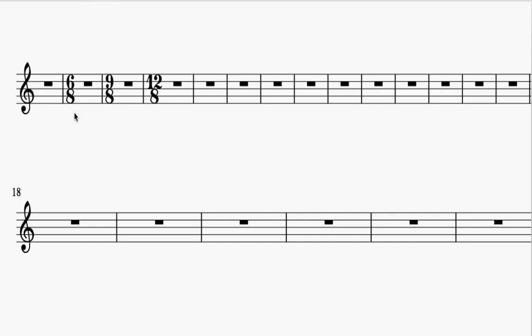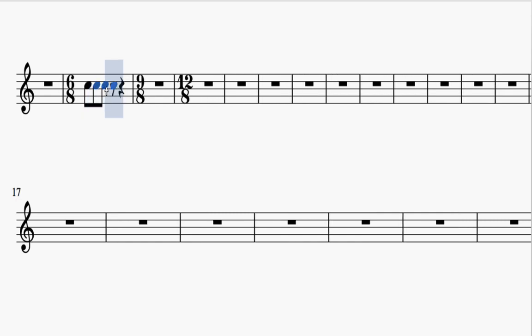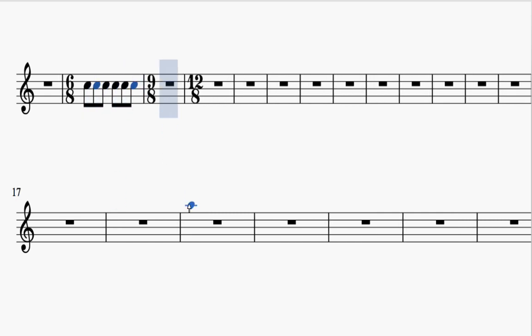Let's put some eighth notes in these things just so we can see what's happening here. Okay, now you see why we can call 6/8 duple meter, because there are two big groups of 3, right? We're in a compound meter, so we know things are going to be grouped by 3 instead of 2, which they are in simple meter. So simple meter, things are grouped in groups of 2. In compound meter, they're in groups of 3, and we can furthermore call this a duple meter because we can